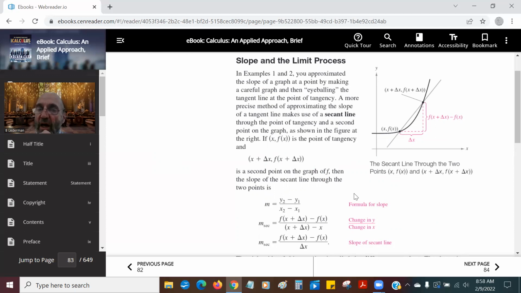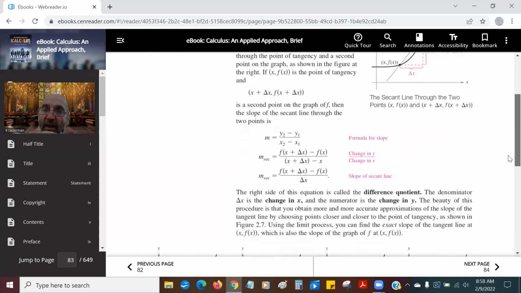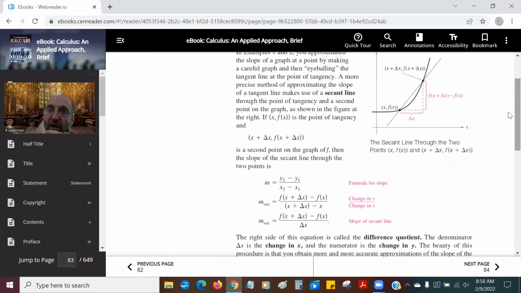y2 is f of x plus delta x. Delta x is the change in x. That's how much x changes. And this y2 minus y1, oh boy, I want you to see the picture. That's going to be f of x plus delta x minus f of x. That's f of x plus delta x. That's f of x. And this distance, that's delta x, of course, the change in x. So the slope of the secant is going to be f of x plus delta x minus f of x